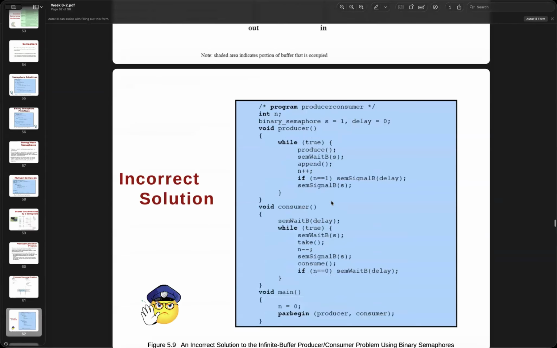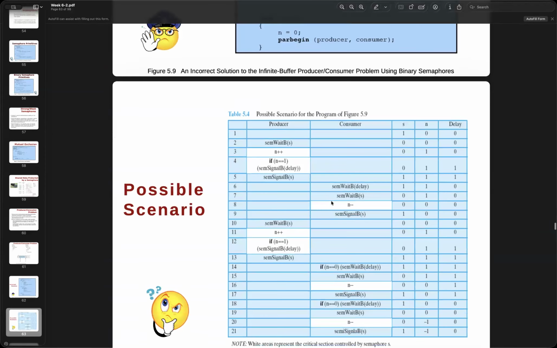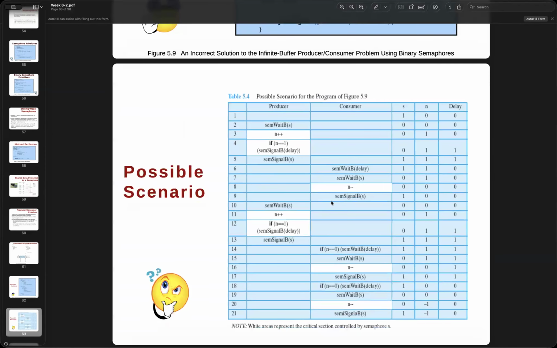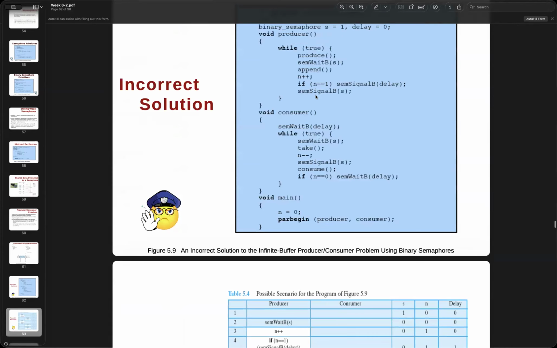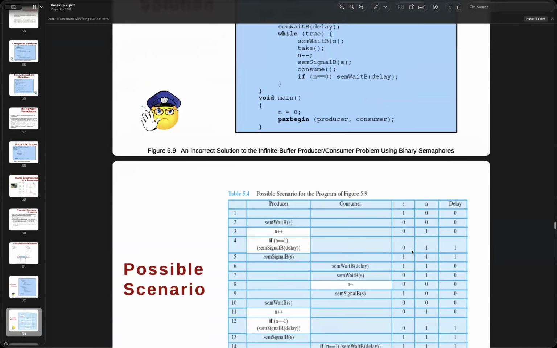So all these, but what's the problem right here? Just like a possible scenario, okay, because when we have a producer and consumer, and for the delay, whatever, it doesn't matter. In the beginning it is 0, so we're adding 0 plus 1, and then if it equals 1, okay, right here. Same thing, delay. Okay, we execute the delay. Okay, true. And then n equals 1, because we already plus 1.